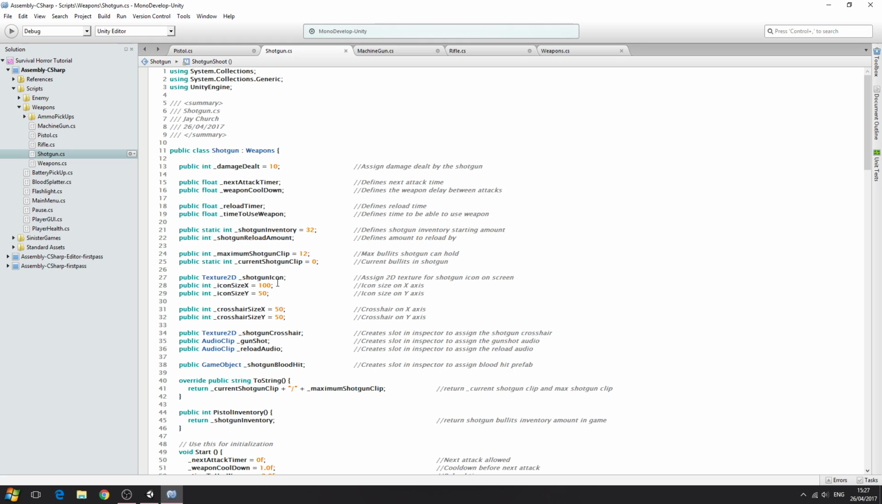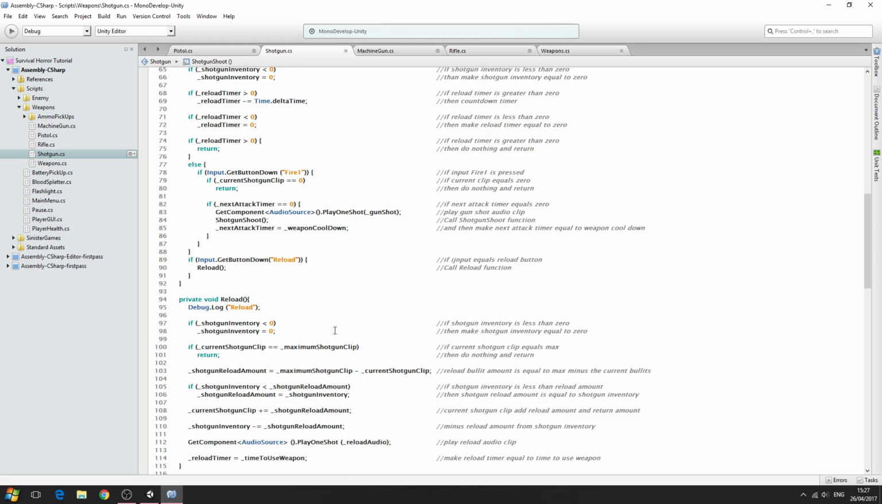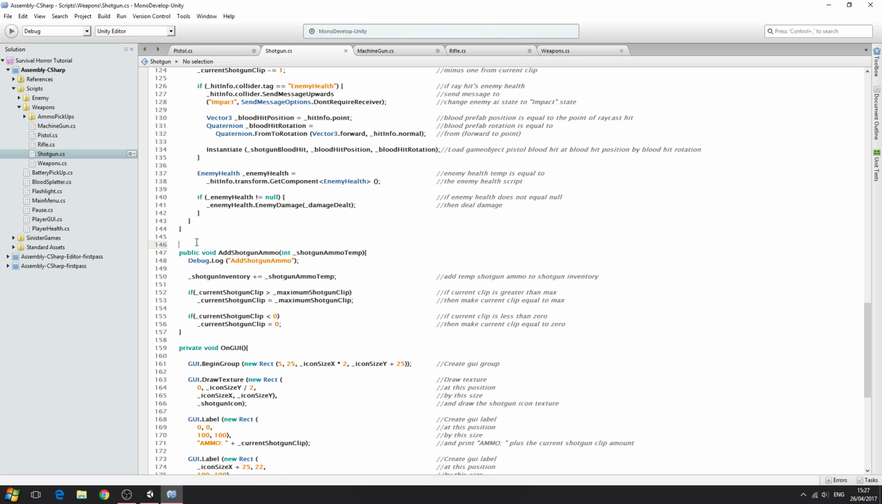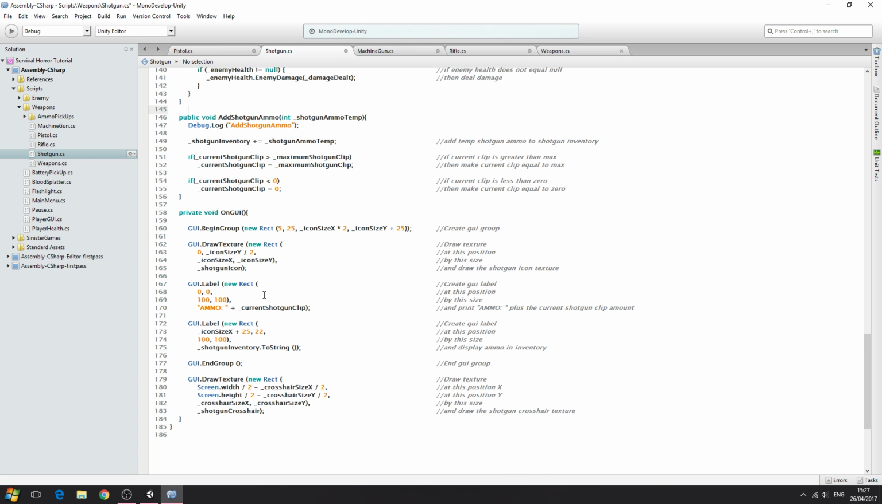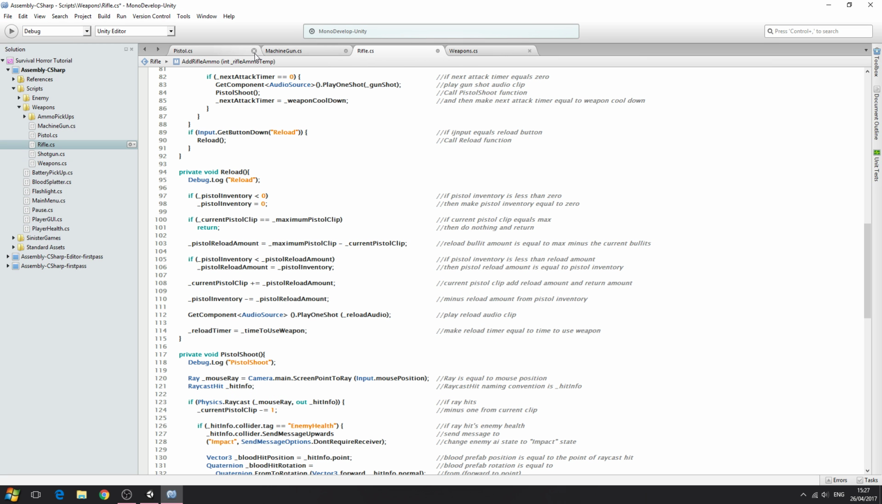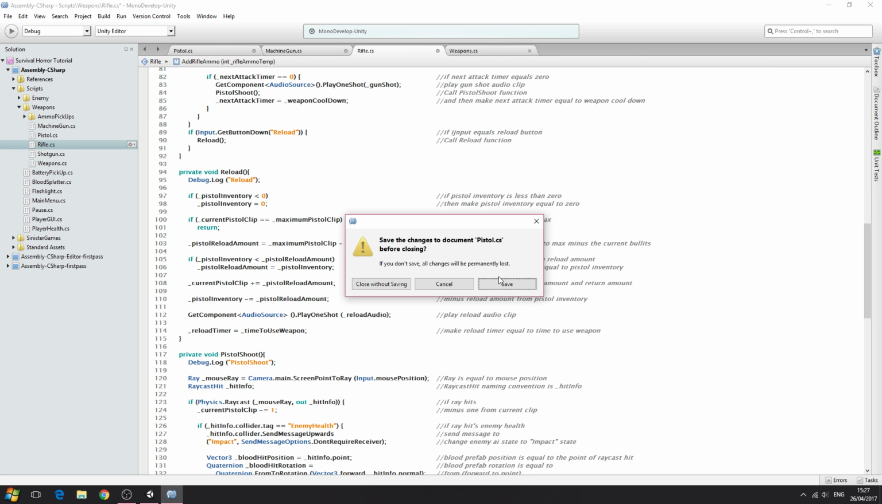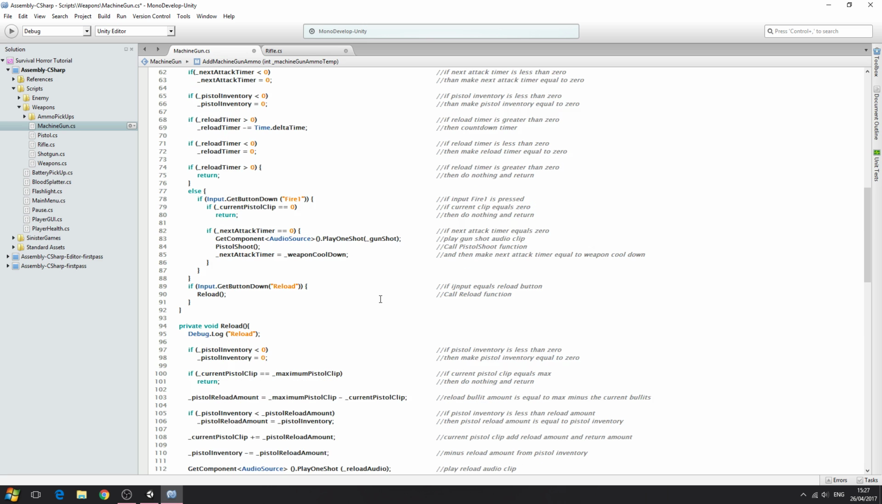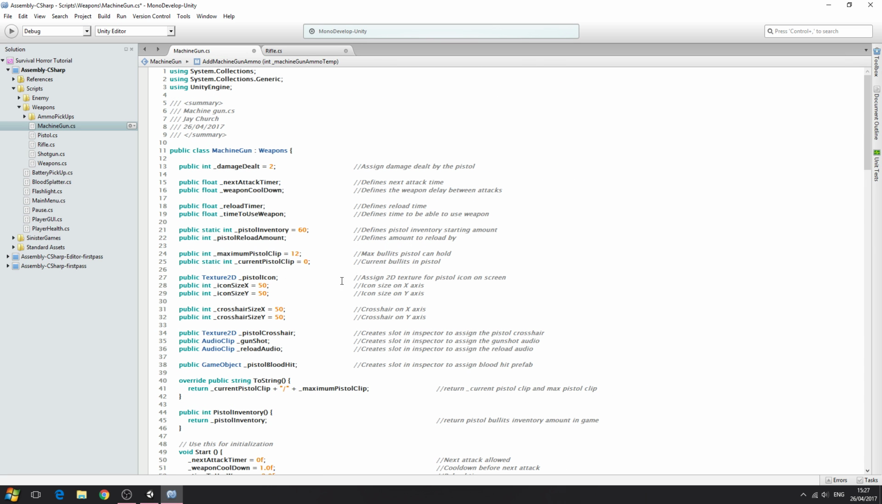So let's just have a look. That's everything we need to change in the shotgun script, at least for now. As I said, I may need to tweak the GUI, but if I do, I'll do that in another video. So let's just close down all unnecessary scripts, and we just need to keep going through and doing the same for the machine gun and rifle. So machine gun, going to